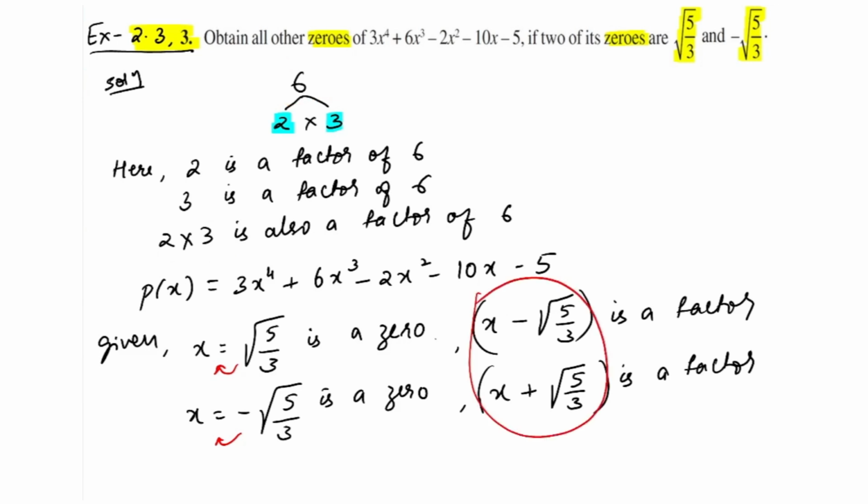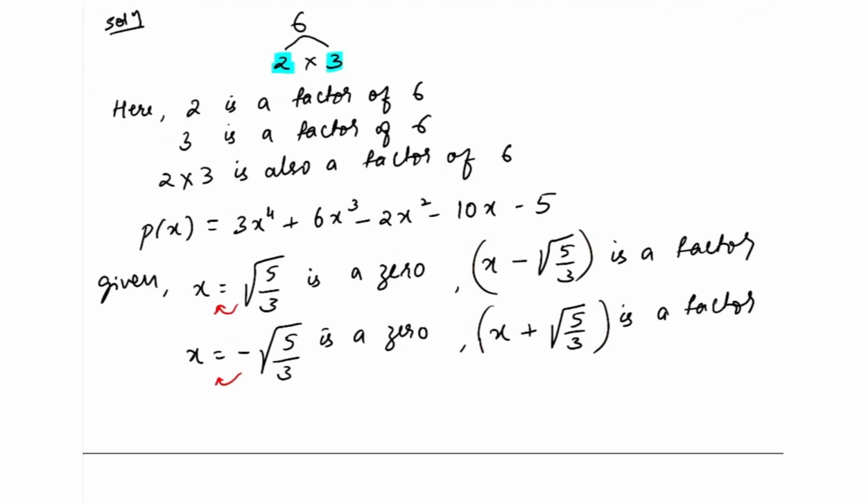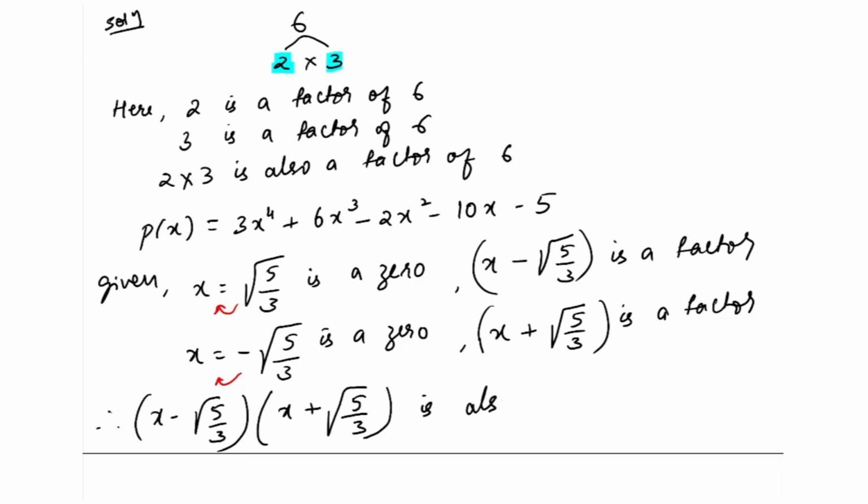Similarly, the product of these two terms is also a factor of our polynomial p of x. So, let us write that. Therefore, x minus root of 5 by 3 into x plus root of 5 by 3 is also a factor